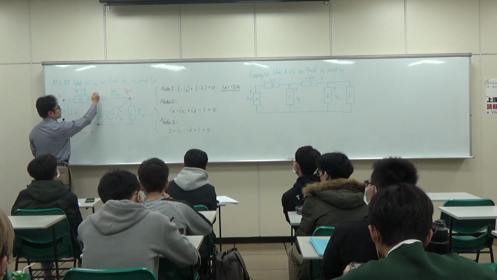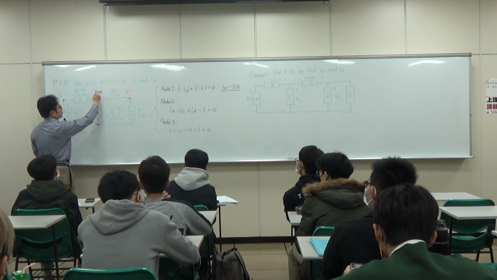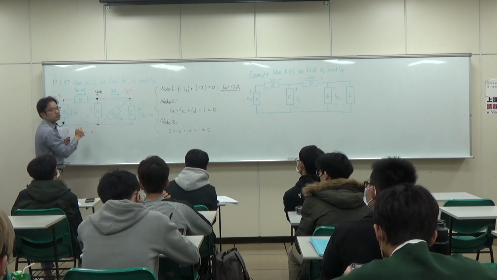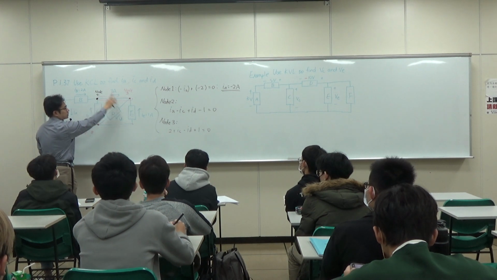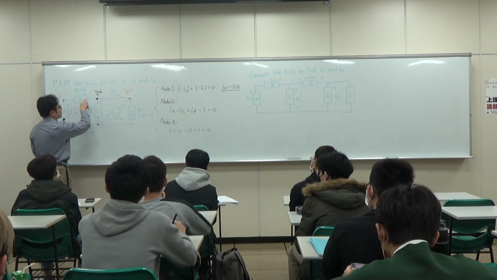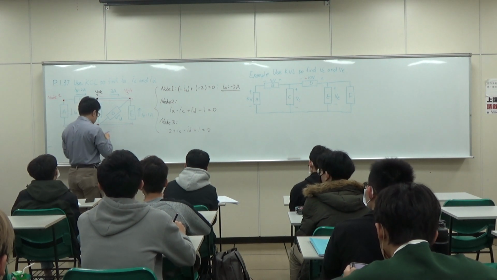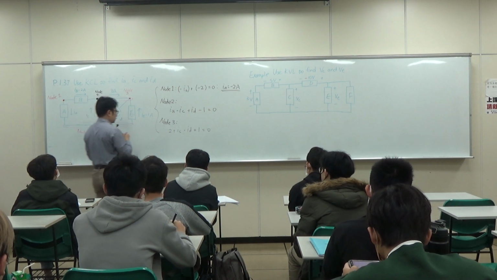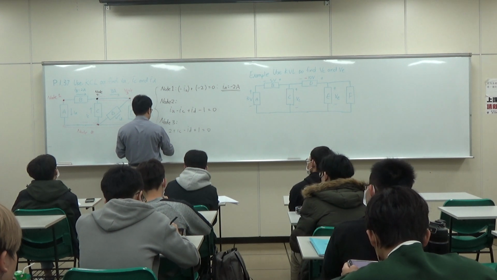How about, let's say, node 4, but this is extra. Okay, so even without this, you can still solve it, but since it gives you 3 amp here, let's say node 4,